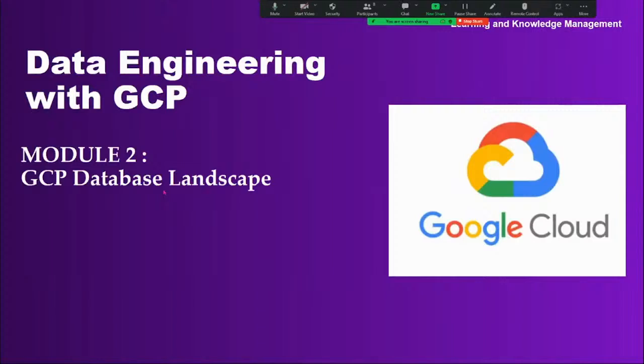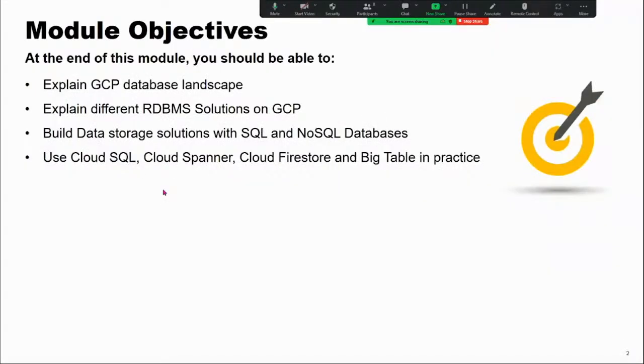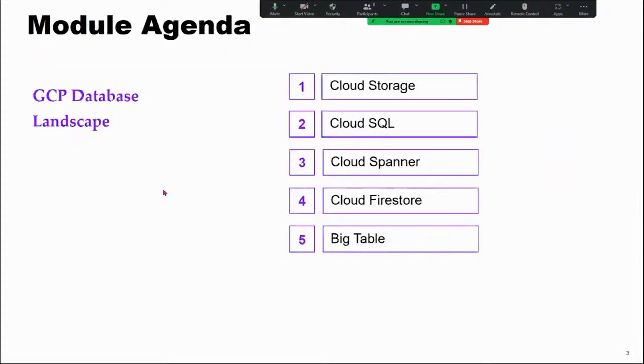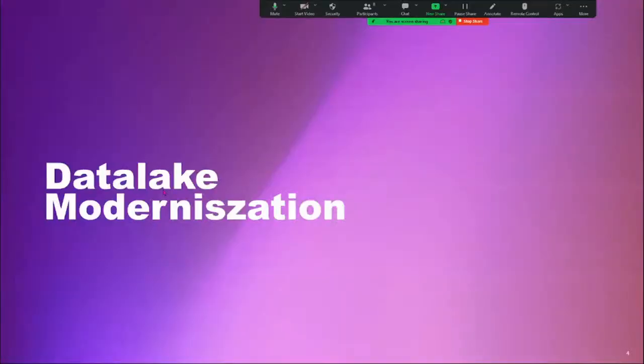So in the GCP database landscape, this is the agenda, guys. Okay. We are going to explain all the GCP database landscape and the differences between RDBMS as well as NoSQL databases. And in this one, we're going to look at Cloud SQL, Cloud Spanner, and Bigtable. Okay. So these are the things. So first, we're gonna see